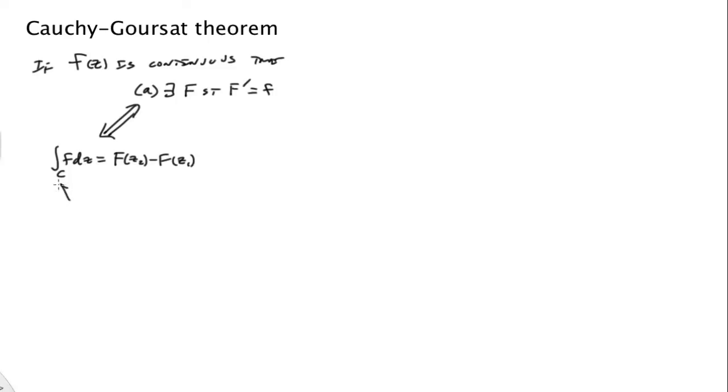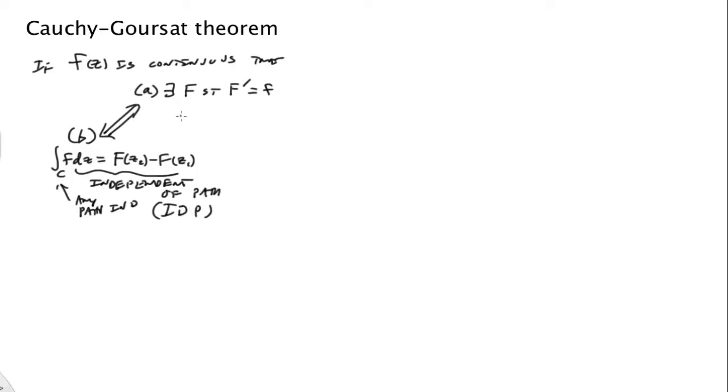And that is for any path in D, okay, and that's what we call statement B. And this statement is also what I'll call independent of path,